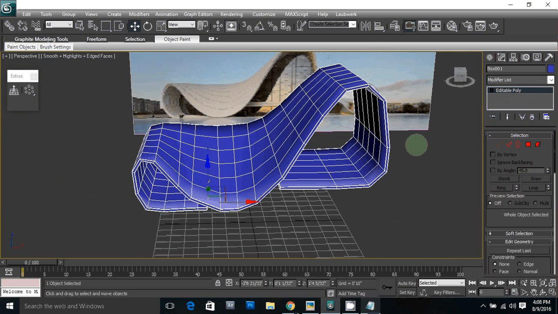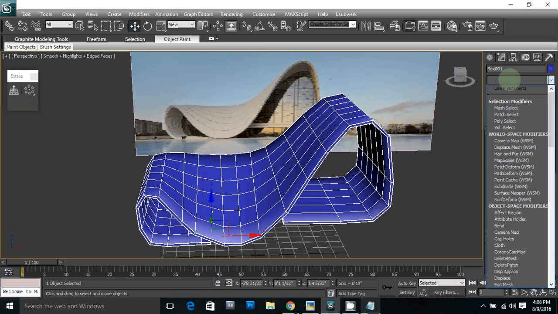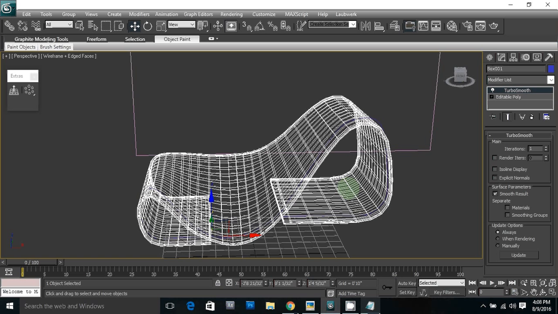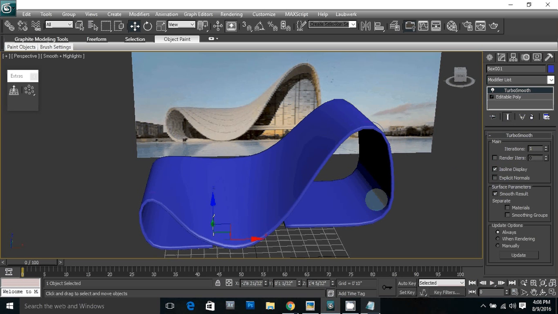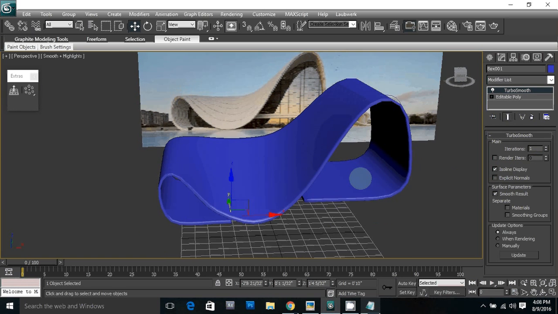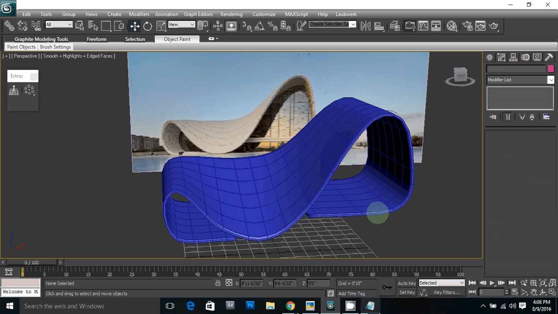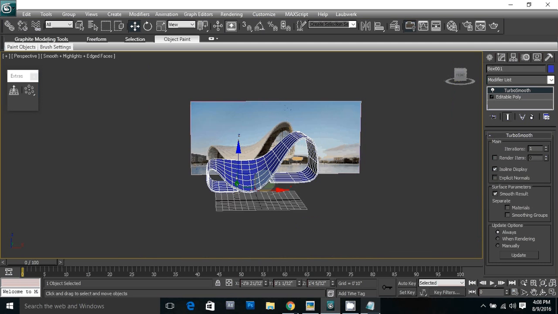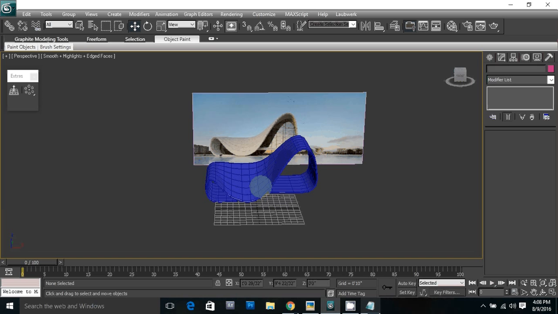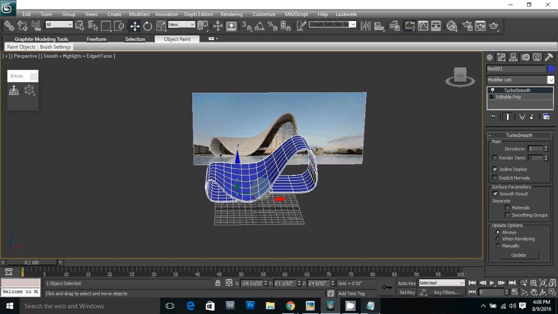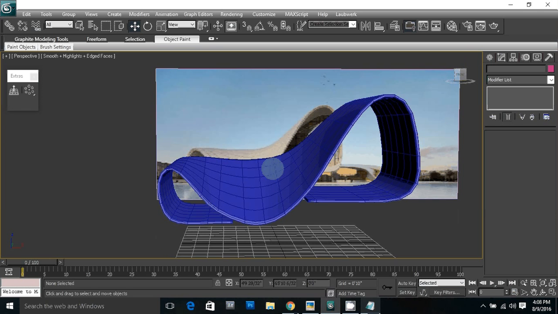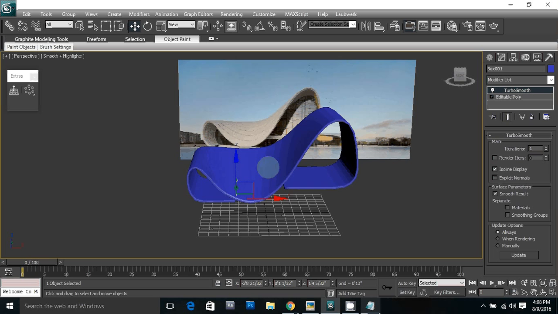Okay, that's the structure, and now I will put the turbo smooth modifier so that we can smoothen the shape. And this is the isoline display check, and you can see the shape. Press Shift S to hide splines. Shift S is the shortcut for hiding splines. If you use Shift G, then you will hide the geometry. So let's get it back. So this is the structure, you can see,